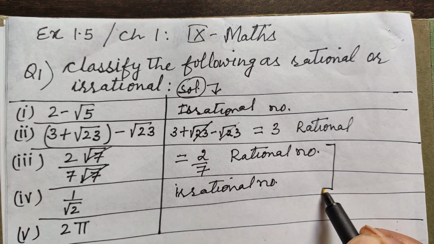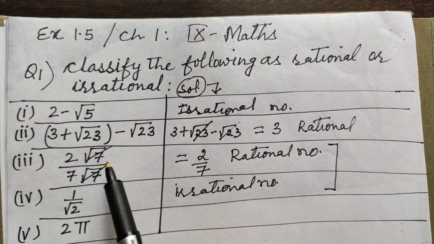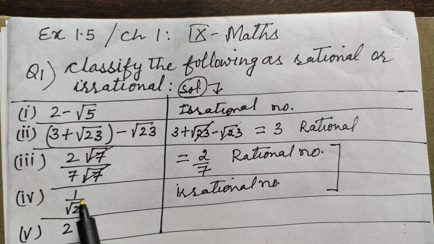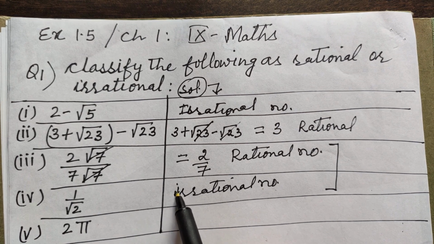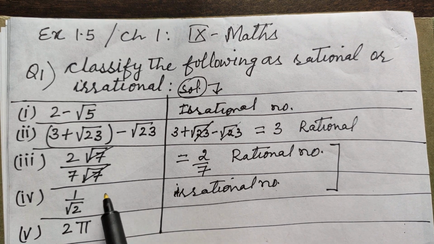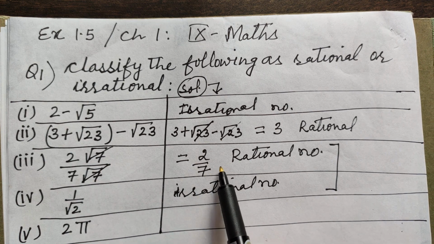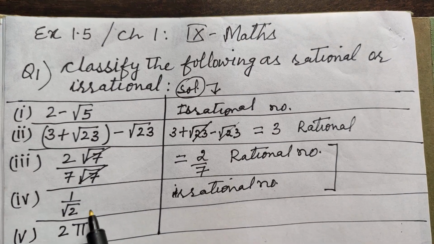These two are the perfect examples to show that any expression which is written in the form P upon Q, here also the expression is of the form P upon Q, cannot be a rational or an irrational forever. You have to simplify the expression and then decide. See here, in the beginning it was an irrational divided by an irrational, but the ultimate answer is a rational number.